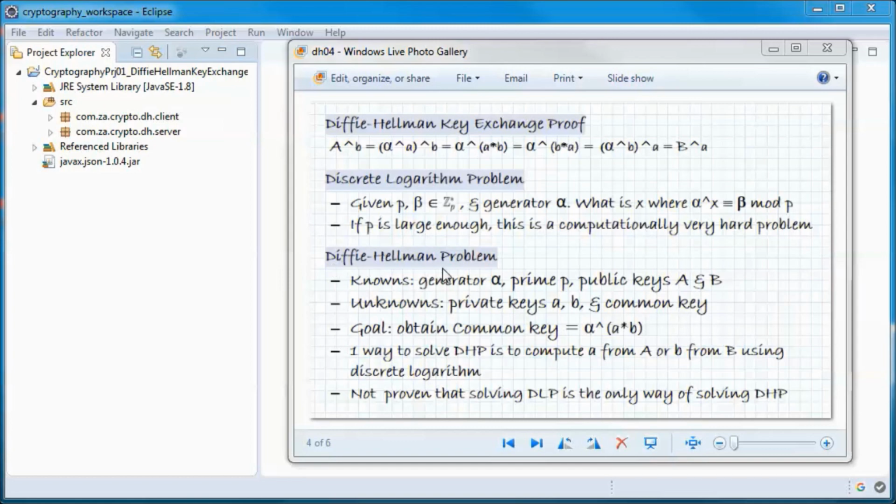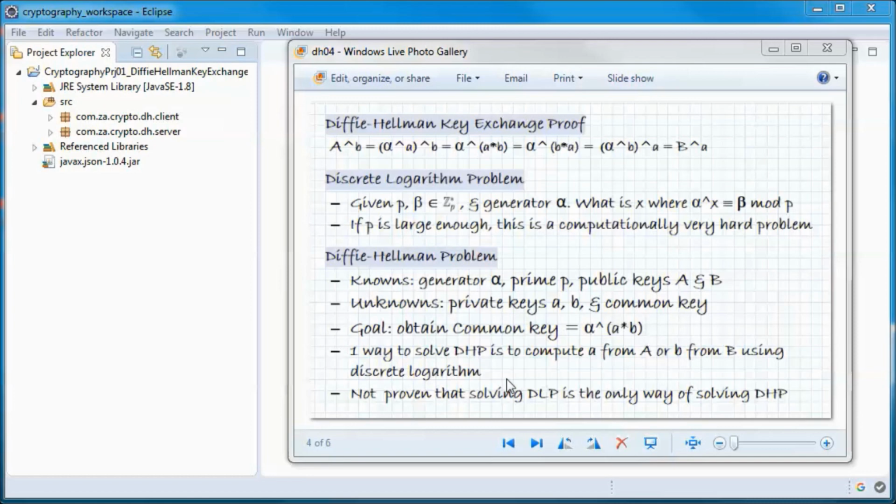Now the Diffie-Hellman problem is that we know the generator alpha, the prime number p, and both public keys uppercase A and uppercase B, and we don't know the private keys lowercase a and lowercase b and the common key that was generated, and our goal is to obtain that common key, which is equal to alpha to the power of lowercase a times lowercase b.